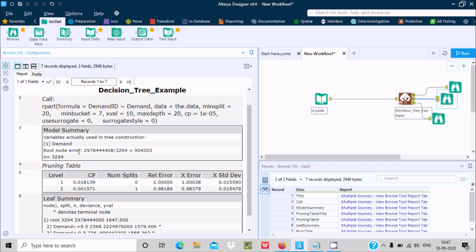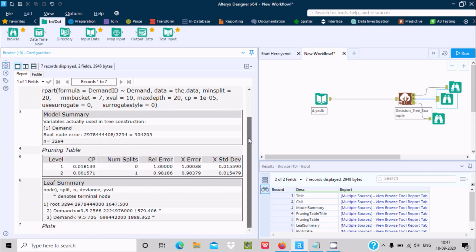The root node does the calculations. Here is the pruning table, level 1 to CP, number of splits, and relative error. After that, the left summary node, root, demand, and demand ID. If I scroll down, here you can see the plots.